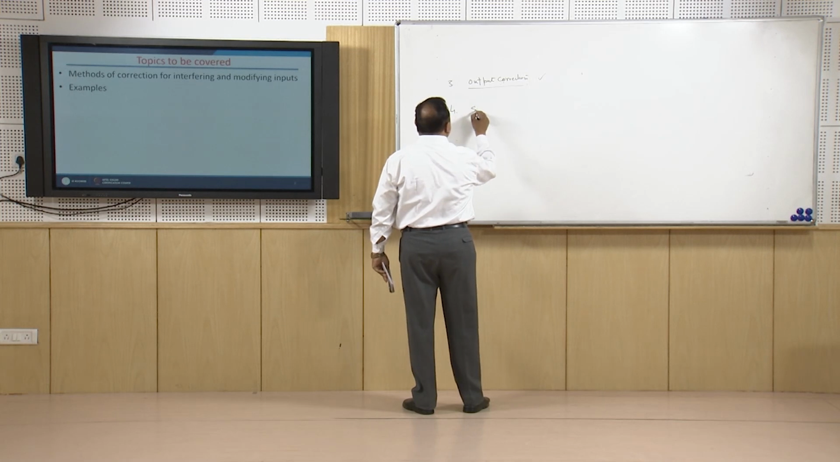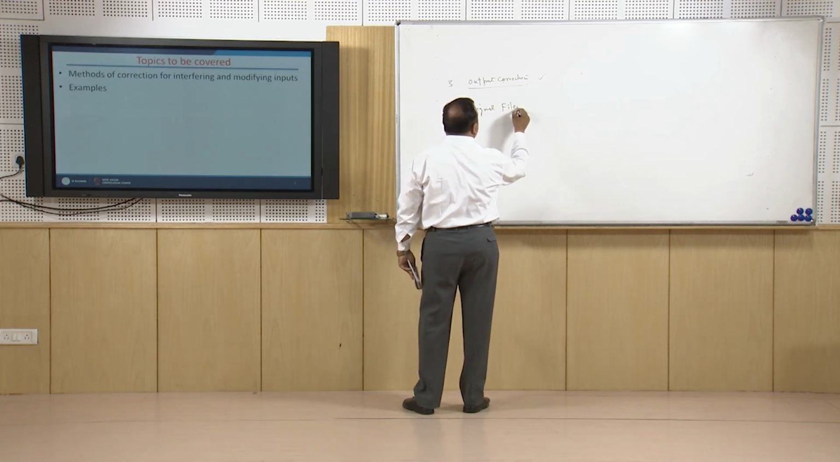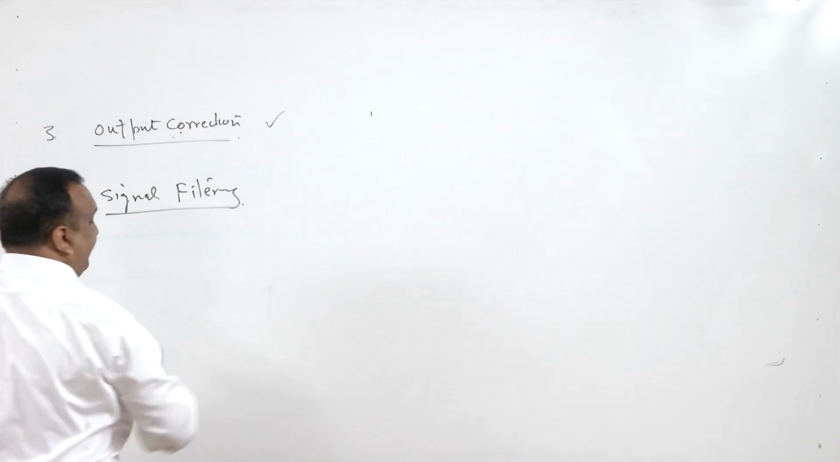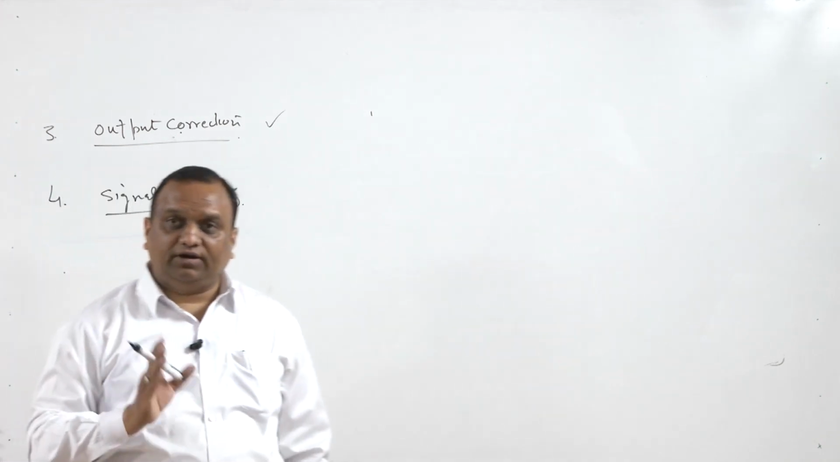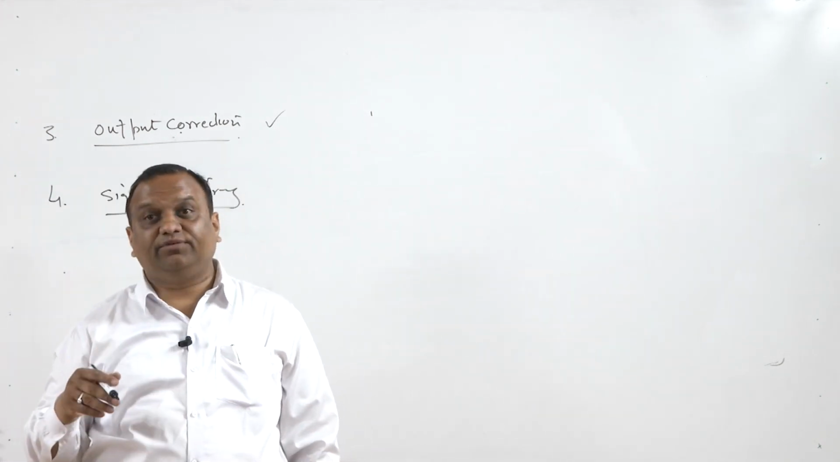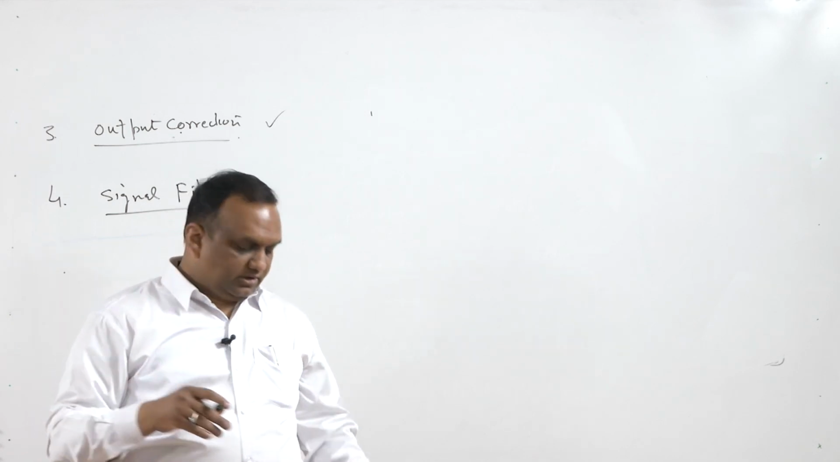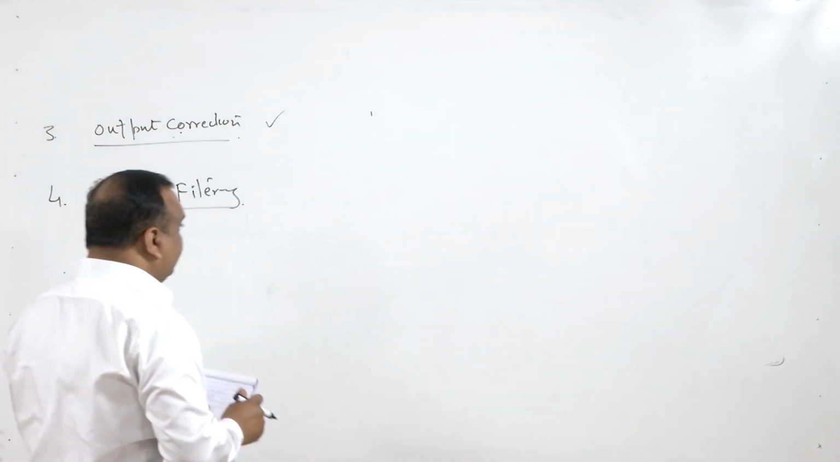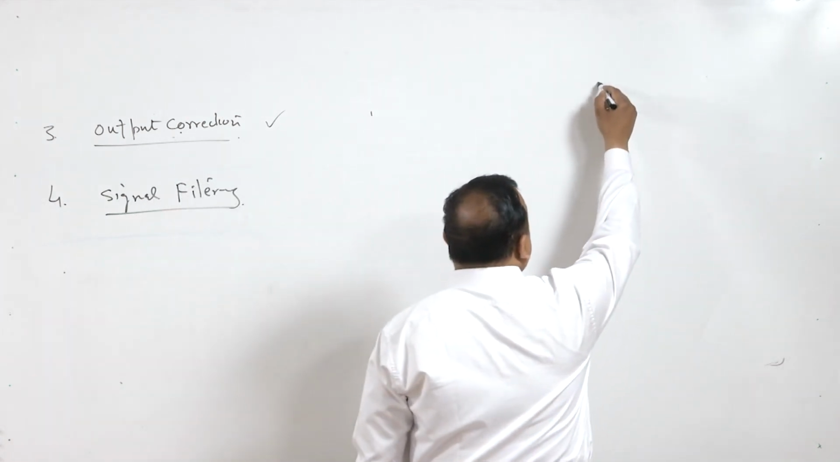Fourth one is signal filtering. We can provide filters, signal filters. Signal filters can be a physical entity or they can be software also. Now, there are different types of signal filters. One is